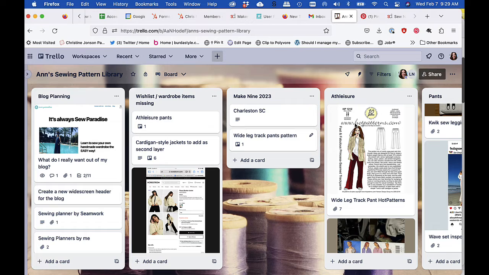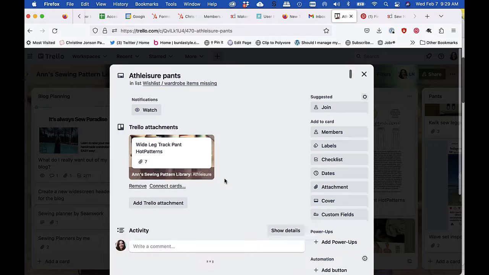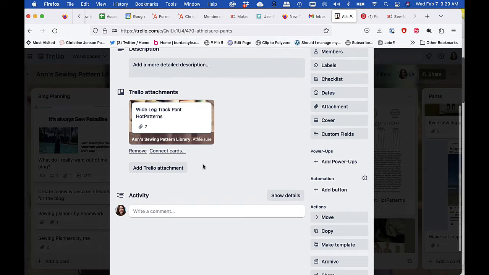So that way I have a catalog of both what I want to make, and I'm not doing a lot of extra cards. So that's generally how I do it. So you can see here, I also have a couple things here where I've added multiples. Now this is where you might want to have,